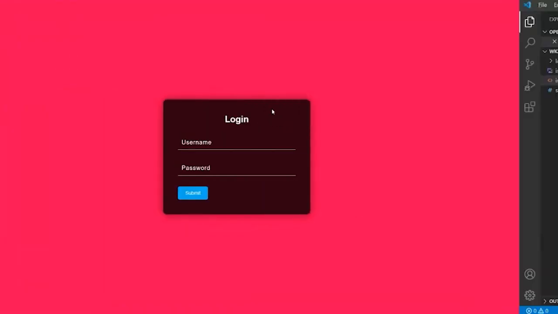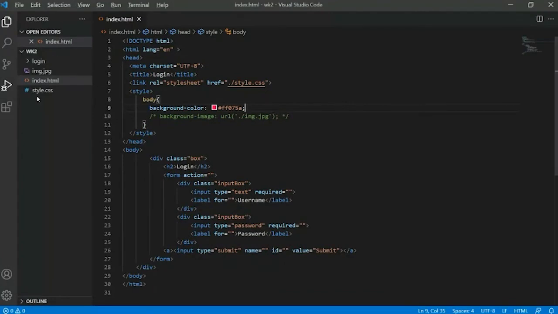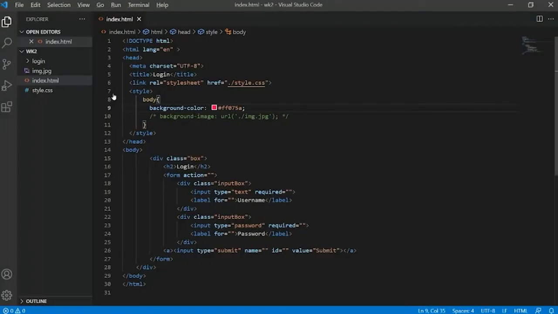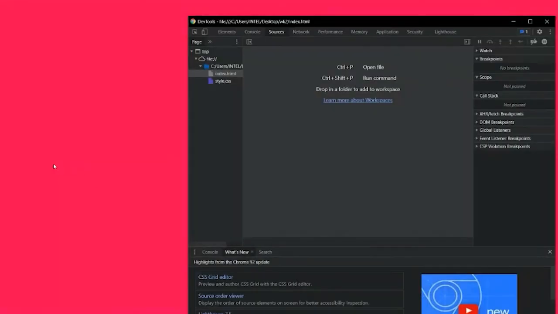But what happens is every time you make a change here, you have to go to this page, then press reload. So today I'm going to show how to attach this folder directly to your web browser, so whatever changes you make will reflect in the CSS file. Take note of the changes you make in the index file, I'll show.